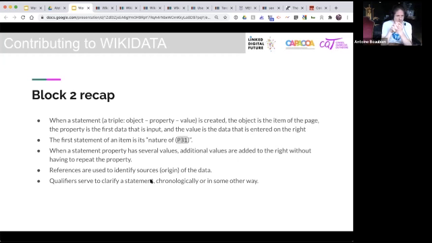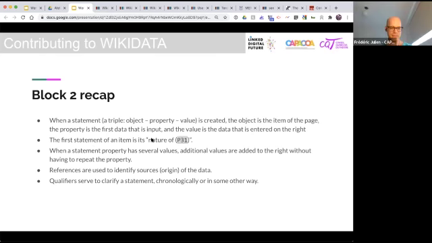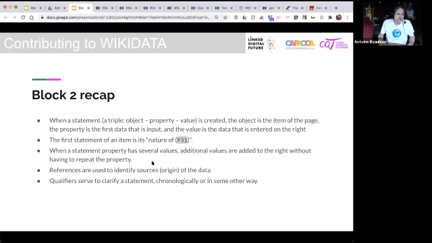are triplets, when they are created, and that they can have multiple values for the same properties. We've also seen that the most important statement, most of the time for us, will be instance of. We've also seen that the statement properties,